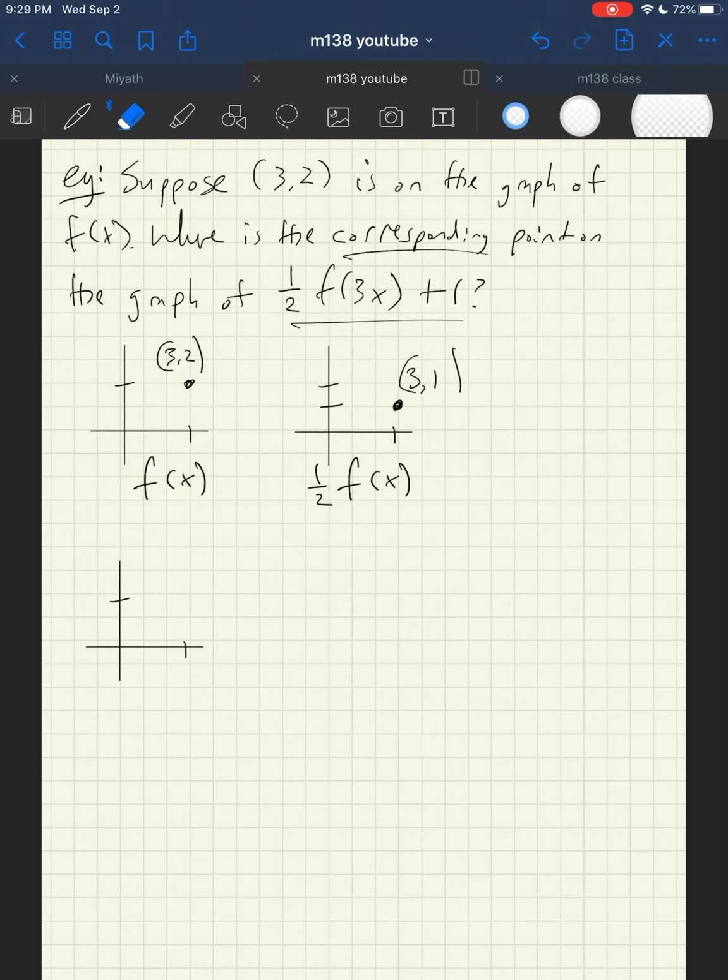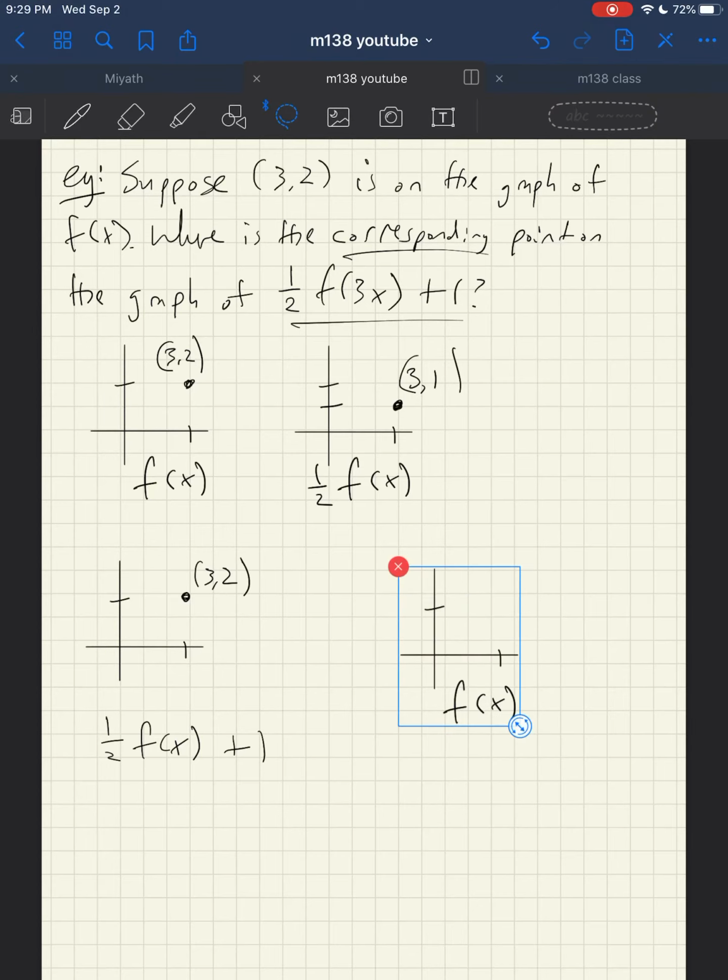Next thing I want to do is shift it up by 1. So I'm going to do 1/2 f of x plus 1. And so we're back up at (3, 2). So I cut it in half and then shifted it up by 1. I'm back at the same point, but for weird reasons. Okay, almost done now. The last transformation